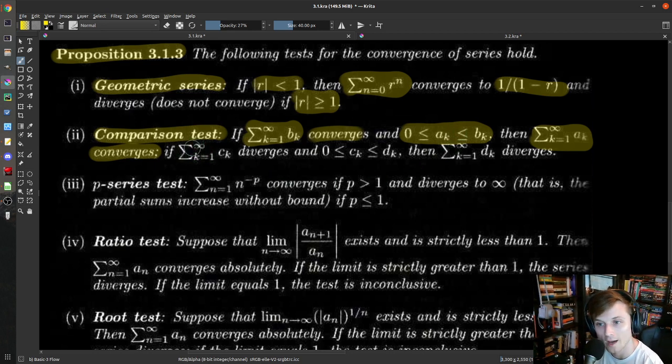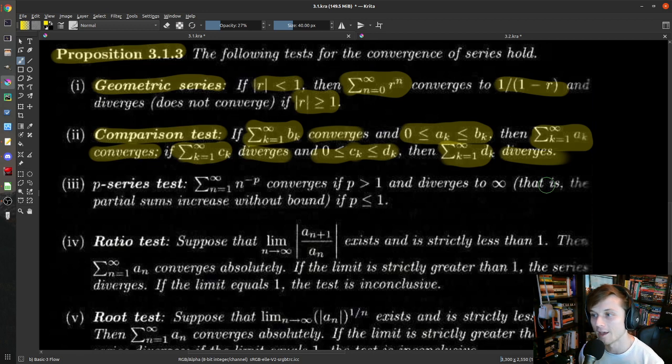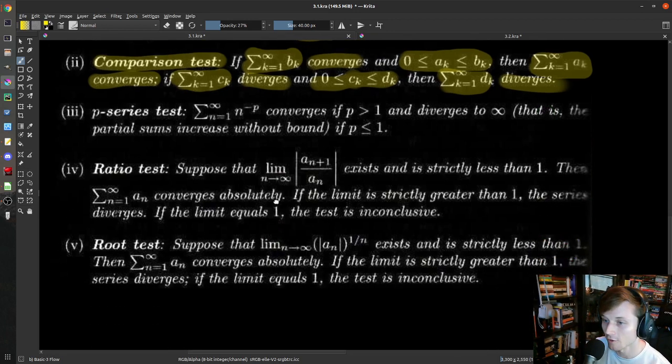Similarly, you can do the opposite. If you have a divergent series, the sum from k equals 1 to infinity of c_k, if this diverges, and you have another series in terms of d_k's, and the d_k's are all bigger than the c_k's, which are bigger than 0, then that guy diverges as well. So basically it says that if every term is bounded above by the terms of a convergent series, then you have a convergent series. And if each term in your series is bounded below by the terms of a divergent series, then you have a divergent series. You're just comparing series. All right.